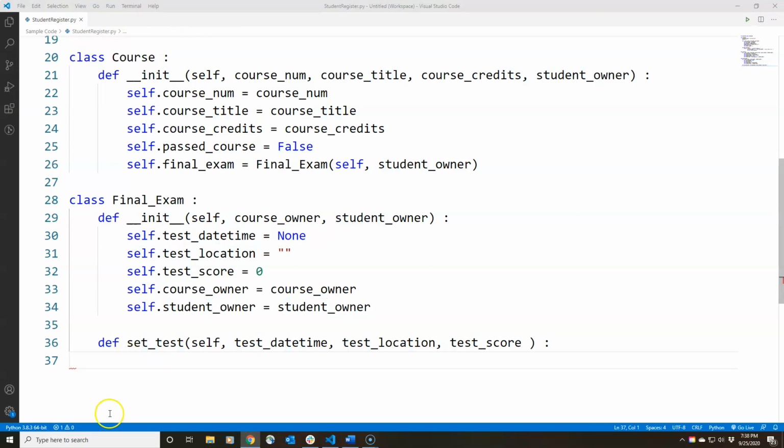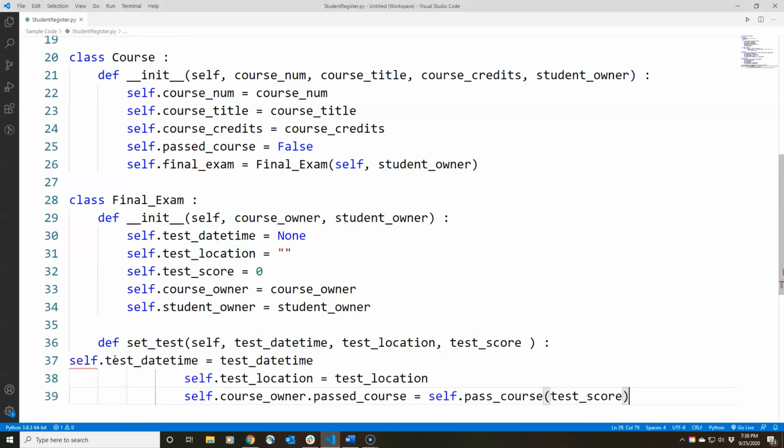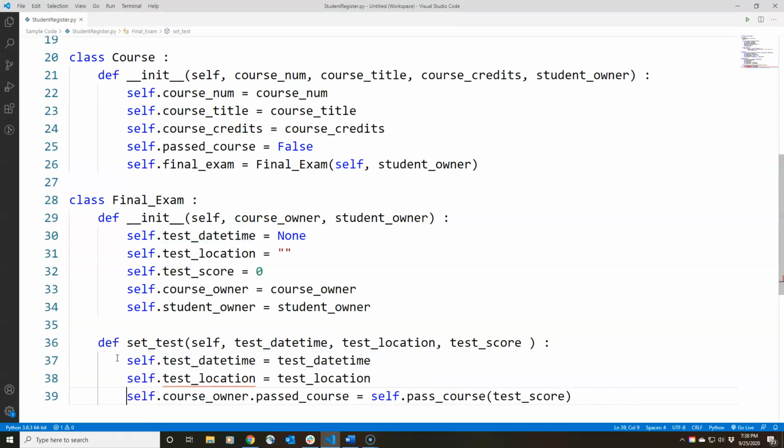Now what we're going to do on that setter method, and let me just paste in this code and then I'll explain it to you. We're going to go ahead and update those three instance variables for the final exam object. We're going to take the date time, store it to date time, location, store it to location, and take a look at this one. We're going to say